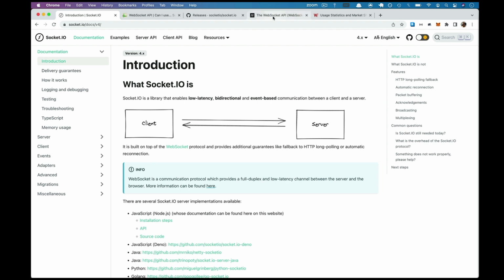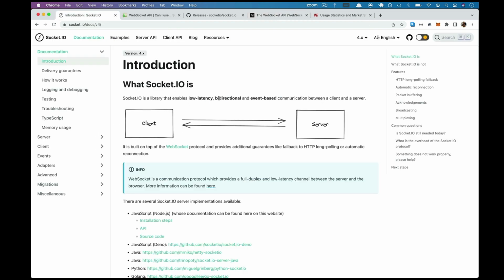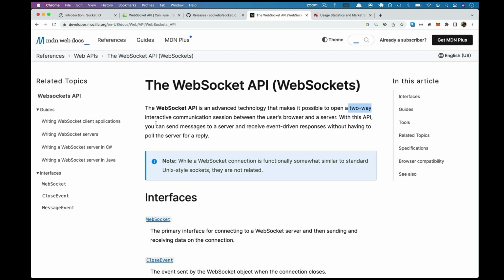I'm going to hop over here to the WebSocket API page. I've got the MDN web docs up. And the WebSocket API is an advanced technology. We'll hit this later, but you should take a nice deep breath and congratulate yourself. You're using an advanced technology. Good stuff. That makes it possible to open a two-way, bidirectional, interactive communication session between the user's browser and the server. With this API, you can send messages to a server and receive event-driven responses,